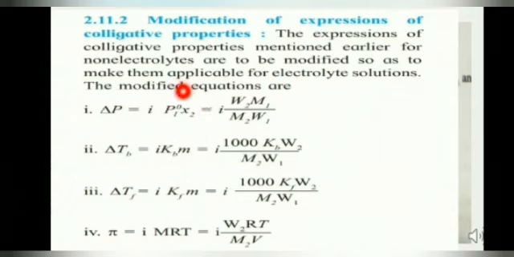Now when this was applied to the electrolytes, it has been observed that the colligative properties are either exceptionally high or lower than the theoretically expected value of colligative properties that is exhibited by the solution of non-electrolyte of the same concentration. ठीक है, तो यही जब हम लोग ने जो नॉन इलेक्ट्रोलाइट में जो कॉलिगेटिव प्रॉपर्टी को स्टडी किया था, जब इसको हमने इलेक्ट्रोलाइट्स में स्टडी किया तो यहाँ पे हमको वेरिएशन दिखा. यहाँ पे कहीं पे हायर दिखा और कहीं पे लोअर दिखा. ये कभी हायर और लोअर दिखेगा ये हम लोग आगे पढ़ेंगे.